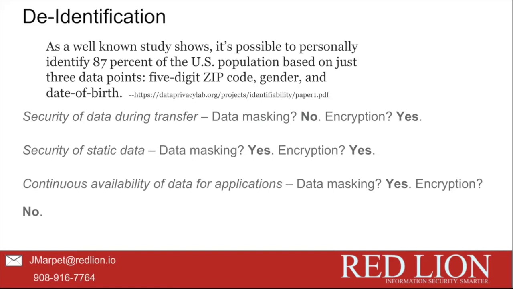Continuous availability of data for applications. Now, this is the hard part. I have a database. I want to make sure that I can use the data in the database. Can it be encrypted and I can still use it in the database? The answer is no. Can I mask it? Yes, because I can have a demasking routine built in, or I can use some of the data masked. I don't have to know your name to use the data and analyze how many people were born in 1985 or earlier. I just have to make sure that the date of birth is unmasked. Okay, but there's a problem here.